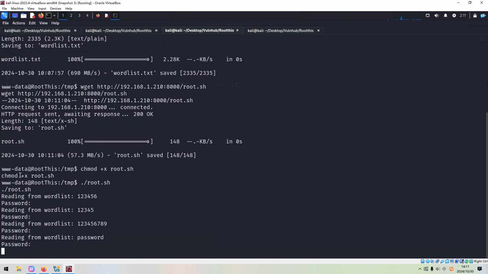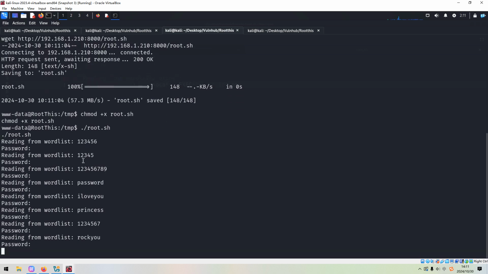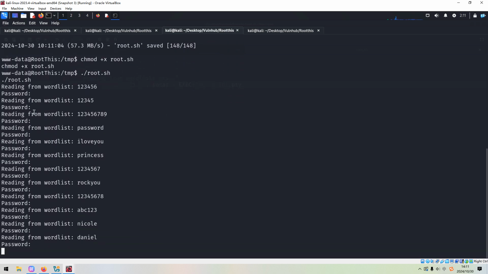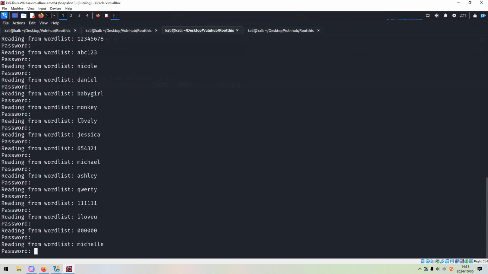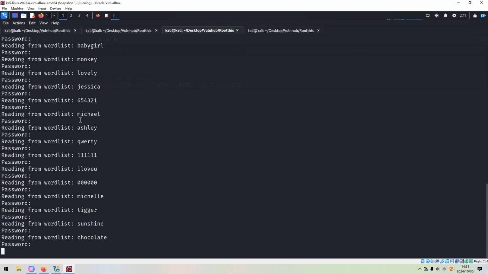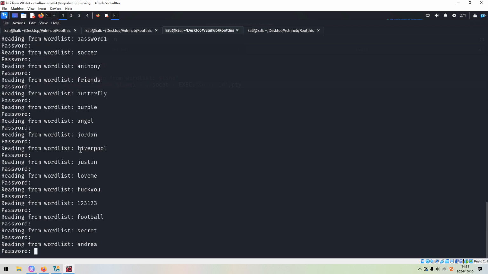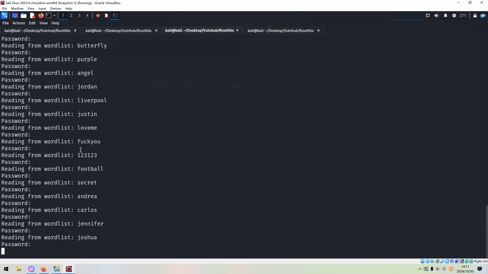As you can see, the script is reading from the word list and the password prompt, and each password will be tunneled to socat. If the password is correct and the id command can be executed successfully, then we have it. Because the word list is not big, it only contains 300 words in total, so I don't think we need to wait a long time.